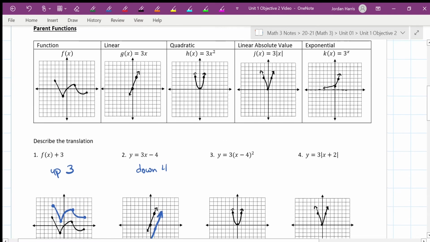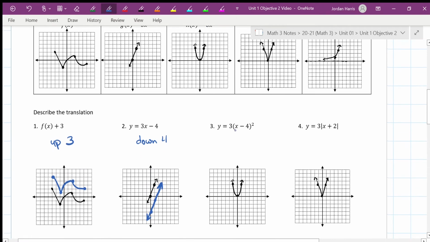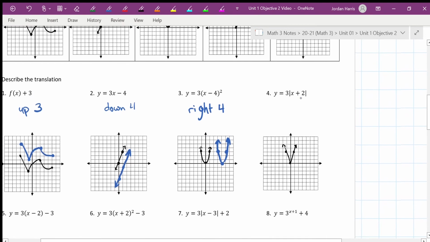Okay, now our normal function is 3x squared. Notice now inside the parentheses I have a minus 4, so that is a right 4 shift. I'll fix that. Okay, so 1, 2, 3, 4. The shape looks the same though, so it's still quadratic, just shifted right 4. And this one,